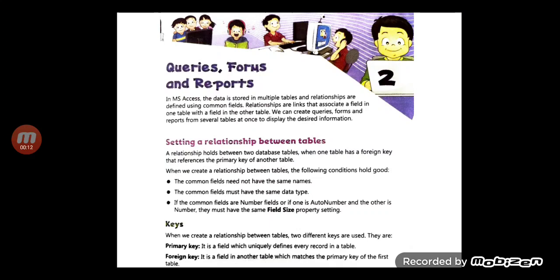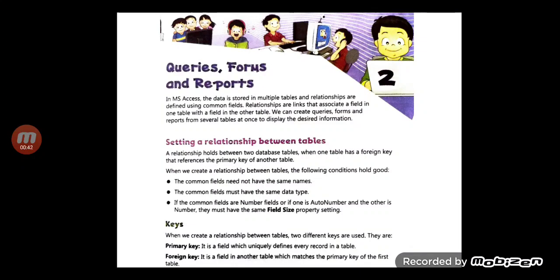We have already learned about MS Access in our chapter 1 and you have already studied about the same thing in standard 7 also, right? MS Access is a database that stores data in the form of tables. We also saw in chapter number 1 how to create a table and how to add fields and records inside the table, right?